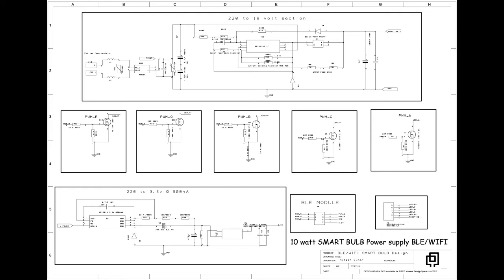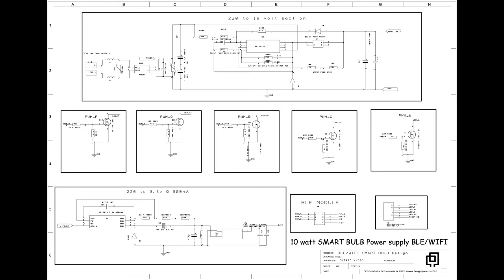At the bottom, there is another power supply for powering the BLE or Wi-Fi module. This section contains another AC/DC converter, IC and LDO. At the rightmost corner, there is BLE module and the connector.